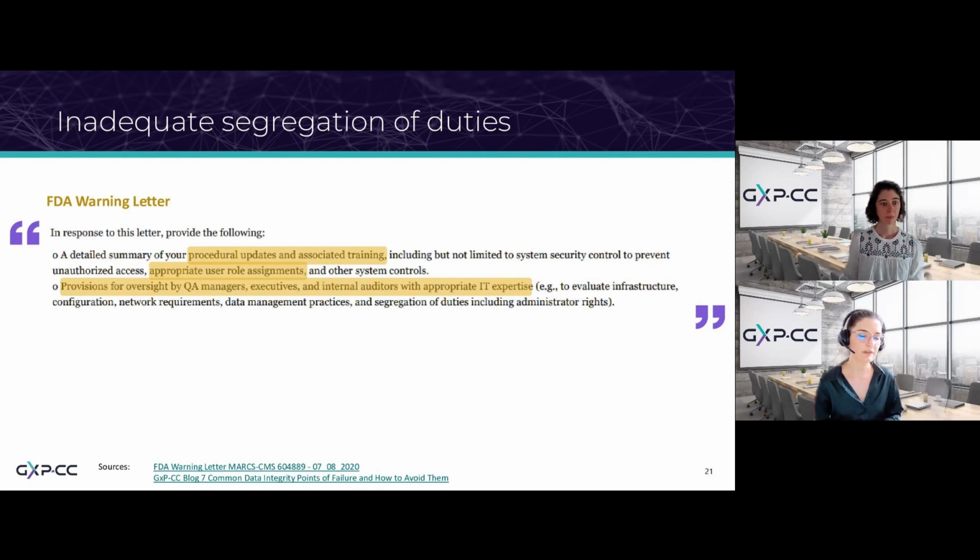So it is important to have the right setup of roles and privileges for your systems. During the inspection in this company, it was not really clear if they had the right setup. The agency asked them for a detailed summary of their procedural updates and associated training and the appropriate user role assignments. So I believe they asked for the mapping of role privileges of the end users of the systems in the lab. Another recommendation that FDA gave these companies was to involve QA managers and also IT experts in this exercise, because this can be quite